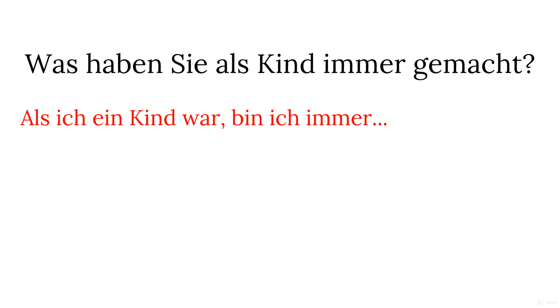Let's try it again. However, this time, was haben Sie als Kind immer gemacht? What did you do as a child all the time or always? And immer means always. Start your sentence with als ich ein Kind war, bin ich immer